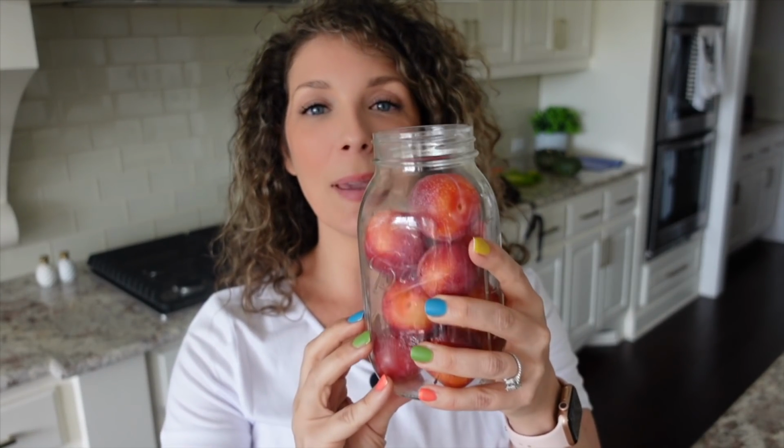you've asked me, hey, does this help the fruit last any longer? I really haven't noticed it lasting that much longer. I used to actually put the tops on the mason jars, and it did seem that the fruit did last a little bit longer. What I did notice though is this strange funky smell, and I think what was happening is the fruit was maybe fermenting or something like that. So I quit putting the lids on and I just popped the fruit in the mason jars like this, and